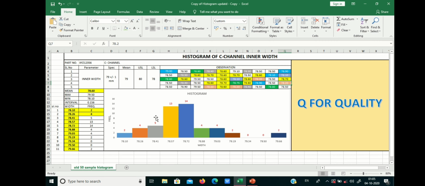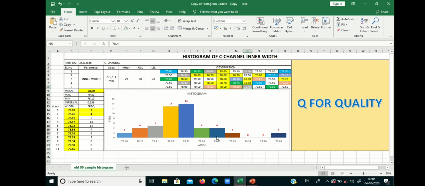There are 5 numbers. 78.30, this is one number. 78.30, this is second number. 78.40 is third number. 78.30, this is fourth number. Then 78.40 is fifth number. Right? This is the way of reading the histogram.